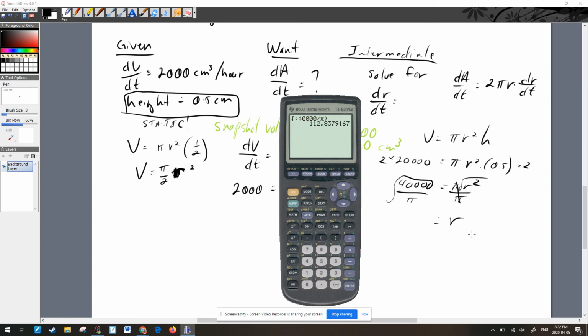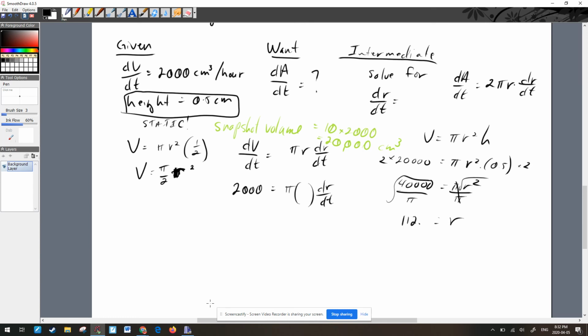Okay. So it turns out that the radius of this particular slick is only, it's still big, 112.84 centimeters. Okay, so there's my radius. And that's my snapshot radius. So that is what's going to go in there. 112.84. So I'm going to divide both sides now by 112.84 pi. Those are going to go away, and we're going to find out that dr by dt is going to be equal to,